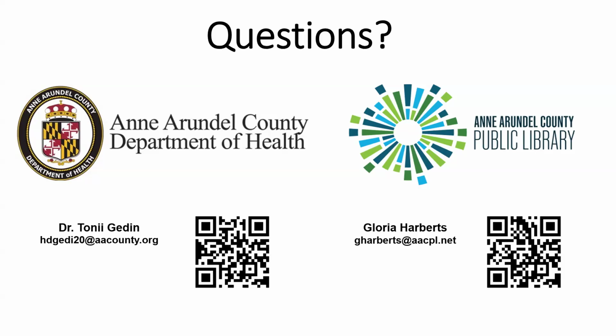Sure. So we, as the gun violence intervention team, if you go to the health department's website, we do have an active dashboard that we populate with information provided by our local police departments, both the Anne Arundel County Police Department and the Annapolis City Police Department. So we're able to track and report out on gun homicides and suicides. Sometimes the numbers are too small for us to report certain things. In public health, for those of you who are public health folks, you know, if it's potentially identifiable because the number is small enough, then it's not something we can report out.